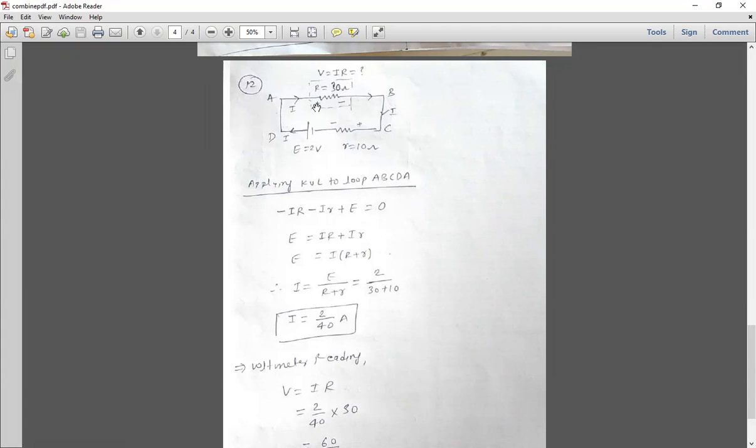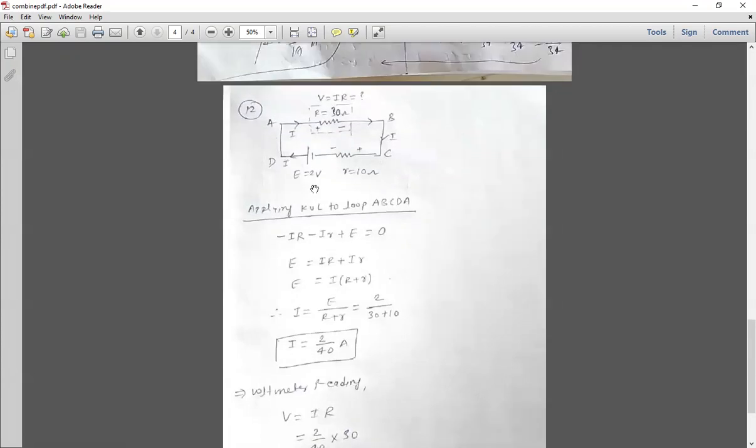From A to B, as I am moving from plus to minus, the current is I and the resistance is r, so minus Ir. B to C we have nothing. C to D, plus to minus, current is I, so minus I into R. This is a series circuit, so current I will be the same. Moving from C to D, from negative potential towards positive potential, whenever you go from negative to positive the voltage comes as positive, so plus 2 minus Ir minus IR equals 0. So we find the current in the circuit: the value of R is given, small r is also given.